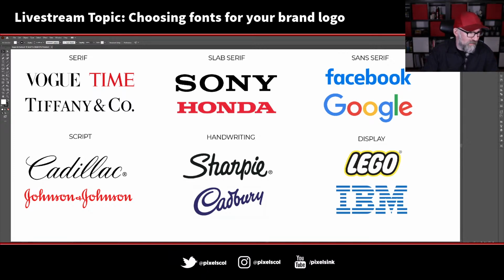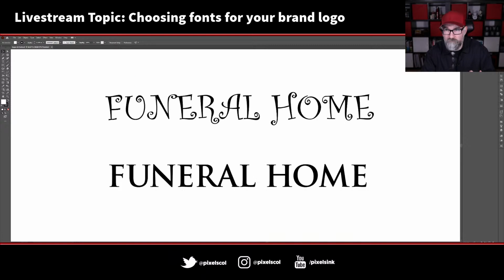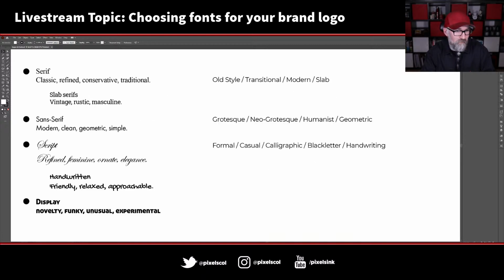Fuad is asking, what are the characteristics of display fonts? I mean, how to recognize them. I would say a display font is a font which doesn't fit into serif, slab serif, sans serif, or script. It's more unique. Like I mentioned before, you wouldn't want to create long headlines or blocks of copy using it. Something a bit more fun, the funky.